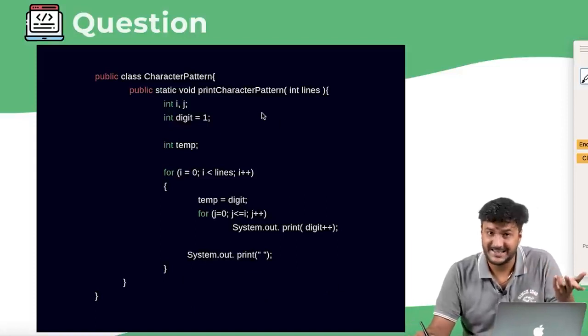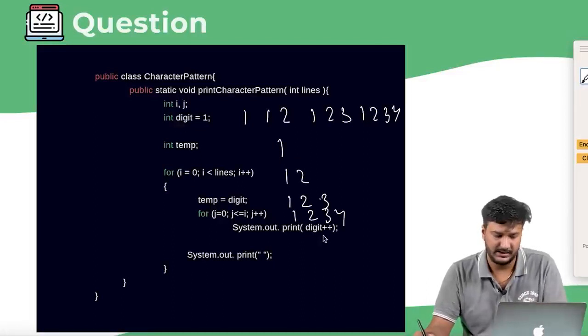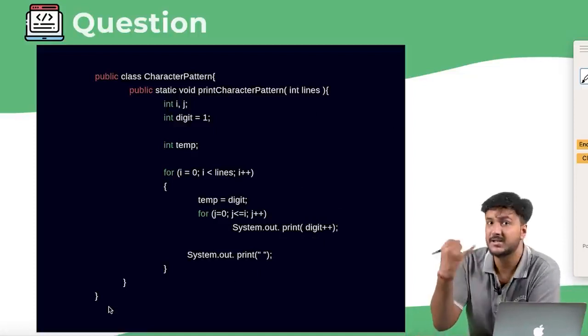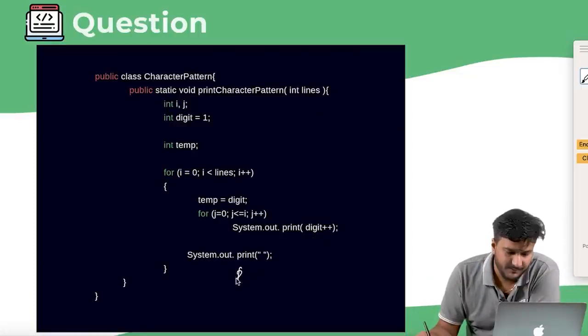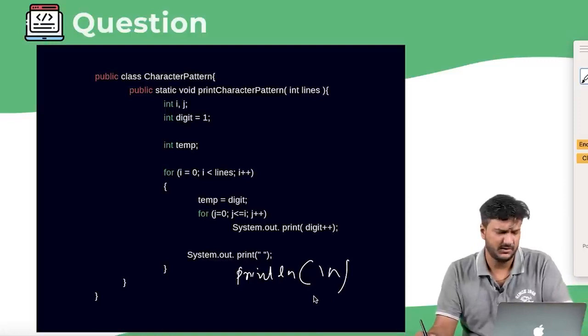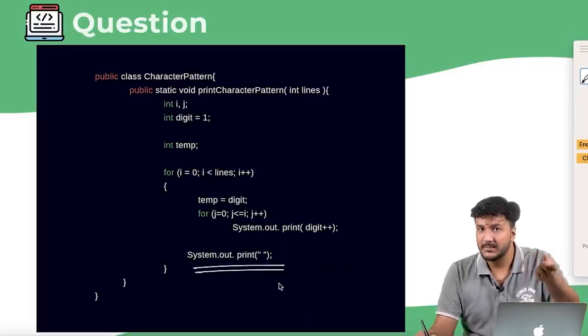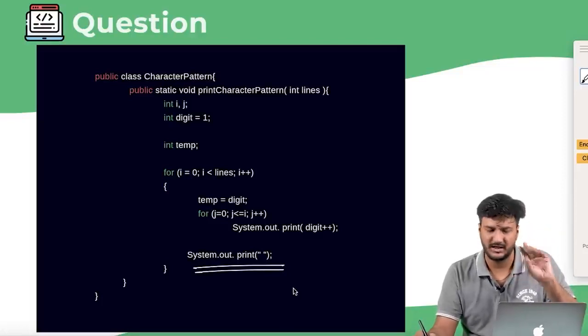So even if it prints everything perfectly, it will print like 1, 1, 2, 1, 2, 3, 1, 2, 3, 4, right? Rather than printing on separate lines. So that would be a problem, right? So in the case of Java, what I will do is I will say println. In the case of C and C++, you can use backslash n. In the case of Java also, you could use something similar, right? So that is the first issue. Now, when you run the program, you will be able to see the outputs that are coming, right?